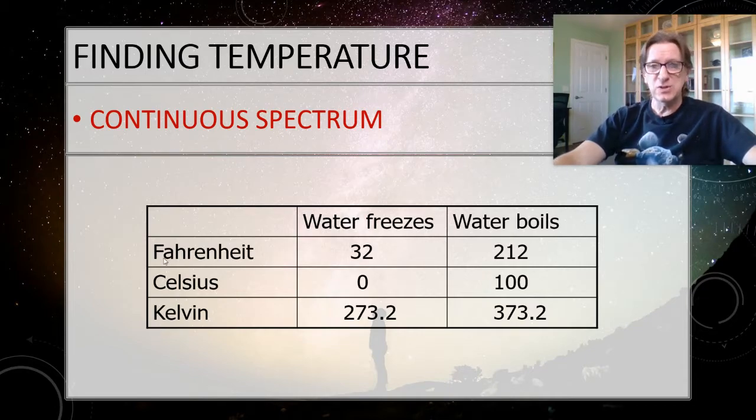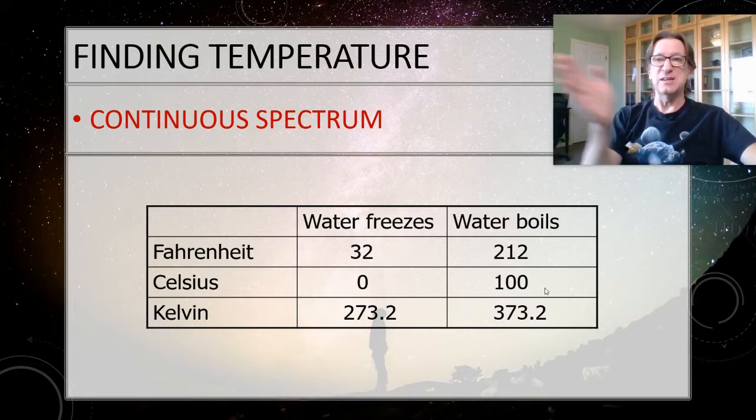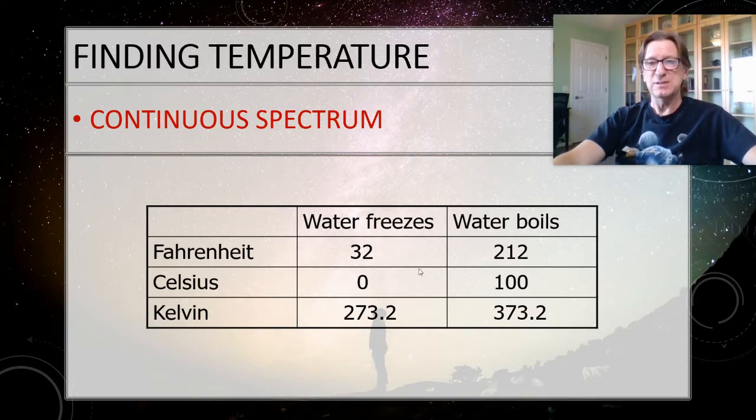So most of the countries in the world use the metric system, which is Celsius. You'll also hear this as centigrade. You'll see why in a second. And in the Celsius scale, water freezes at 0. Makes perfect sense. Water boils at 100. It's a nice even scale. If I'm at 50 degrees, I'm halfway between freezing and boiling. And the reason we call it a centigrade scale is because cent means 100. There's 100 degrees between freezing and boiling. So that works out really well.